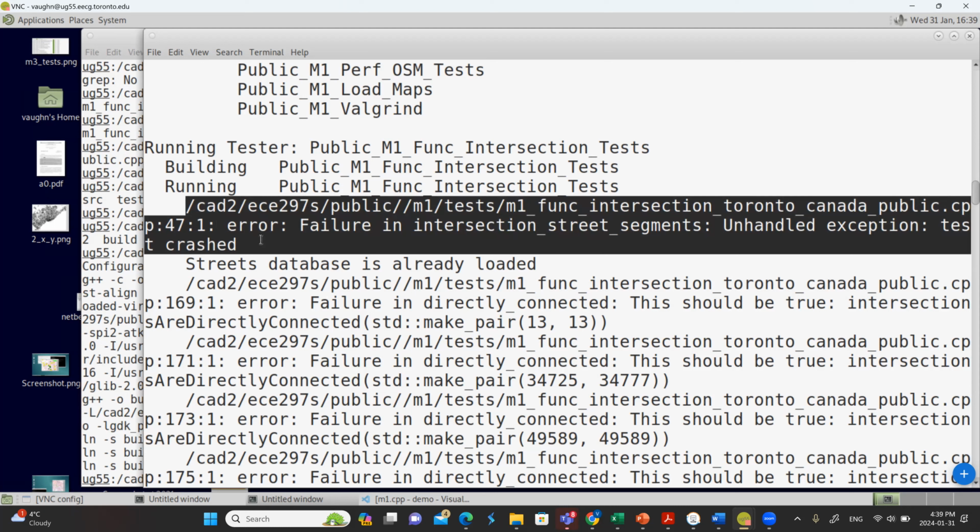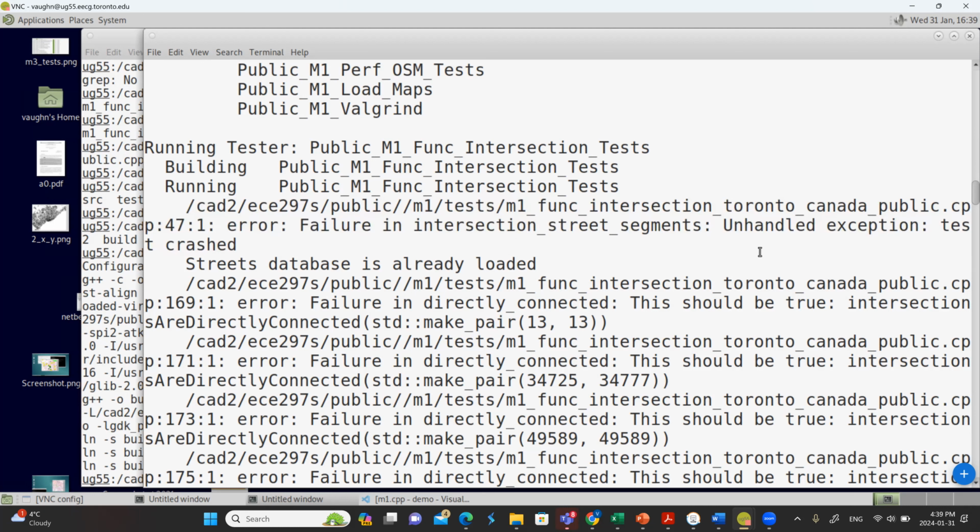Okay, so based on this message, there's not much here. What does unhandled exception mean? My only output is that I failed with an unhandled exception. So it's a bit vague, but it does tell me basically the test crashed. So I wasn't returning the wrong values. Actually the program just crashed. So it was really wrong.